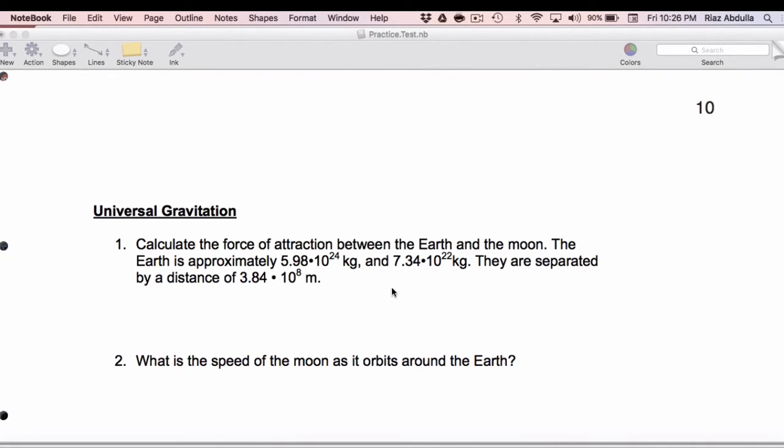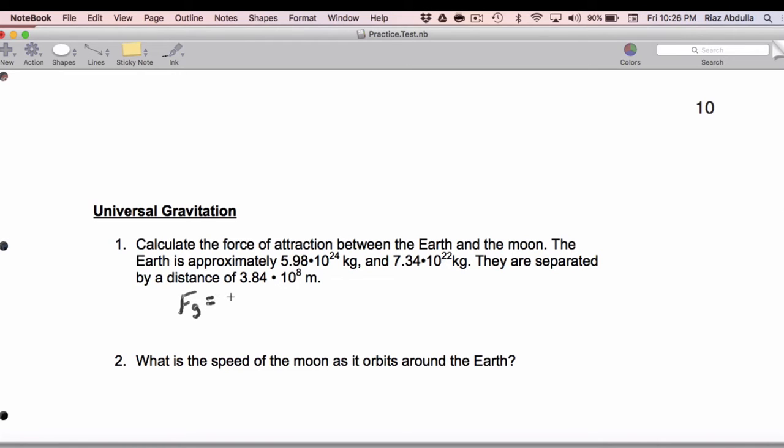All right, so we will go ahead and do this calculation to get the force between the Earth and the Moon using the universal gravitation equation. That's Fg. It's an attractive force, hence the negative sign. G, mass of the Earth, mass of the Moon, over their distance squared, and that'll be negative